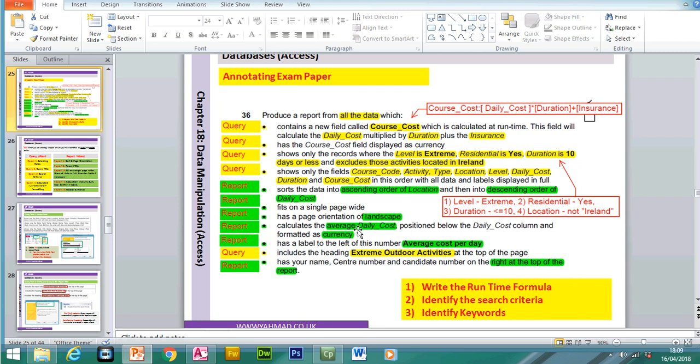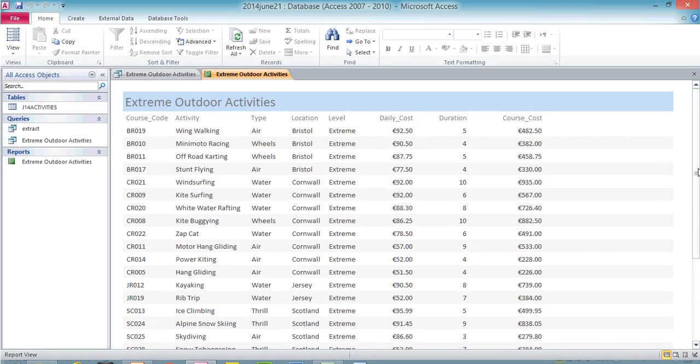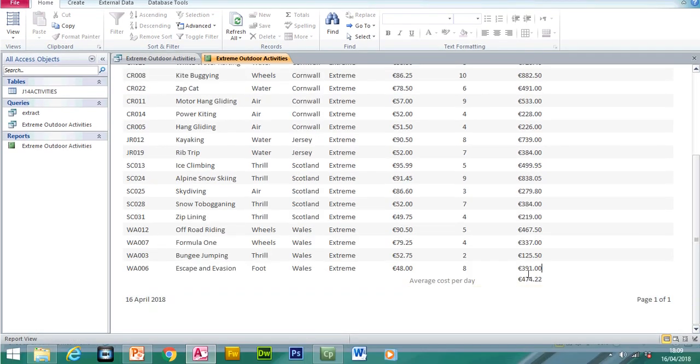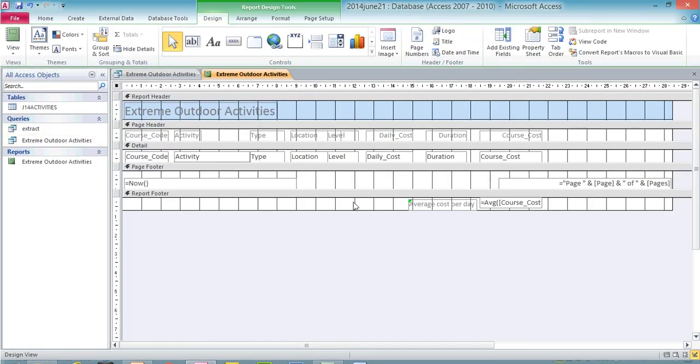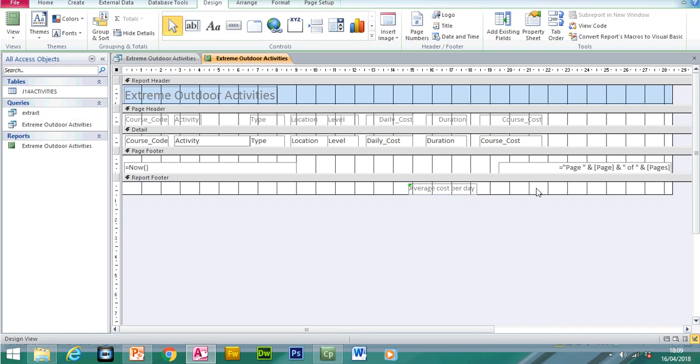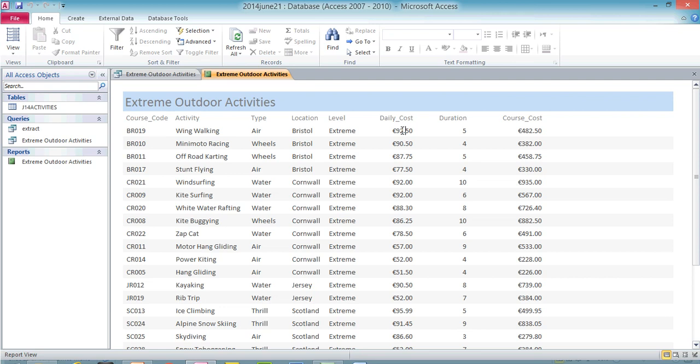Calculate the average daily cost. Okay, it's a good thing I've just checked then, because I've worked out the average on the wrong field. But it's a good thing I'm checking. Okay, so let me just delete this actually. Let me move this across here. So look, it can happen to me, so you need to make sure you read the questions properly. So it was actually,